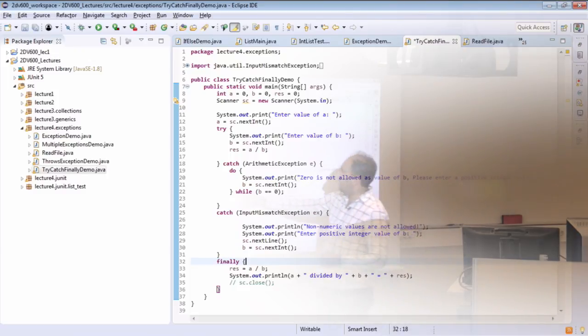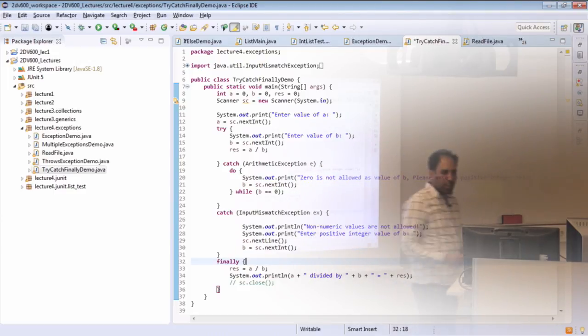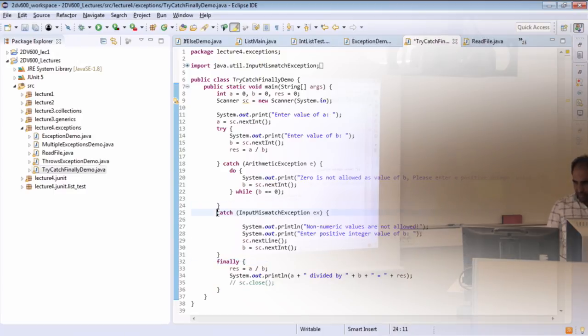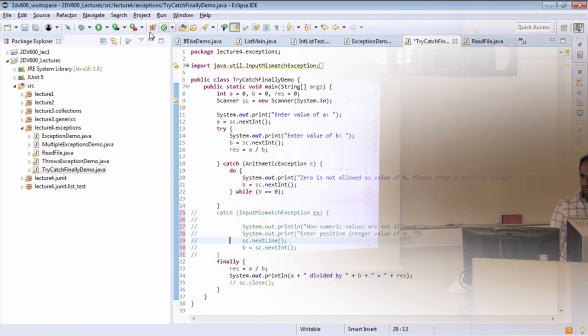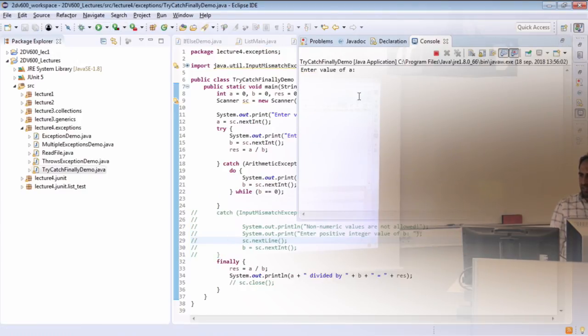But then you see that in this case no arithmetic exception block was executed, and also the mismatch exception block was not executed. But if I comment this block for a while and execute this code again, enter the value of A as 12, and the value of B as something non-numeric,